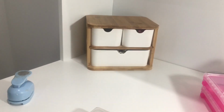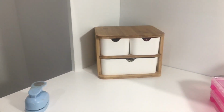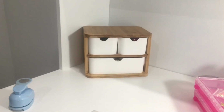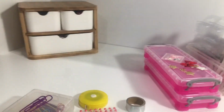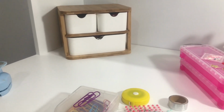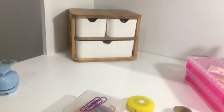Move that out of the way. This is from Kmart. It's in the bathroom section, and I just have flowers and hot glue and roller stamps in it. What I want on my desk is things that I'm going to be using every single time. So I probably will end up going through that because I want the hot glue and the flowers in there, but I don't really need the rolling stamps in there because I don't use them